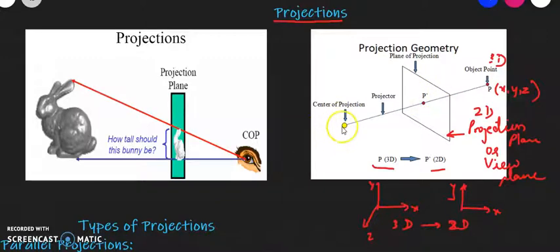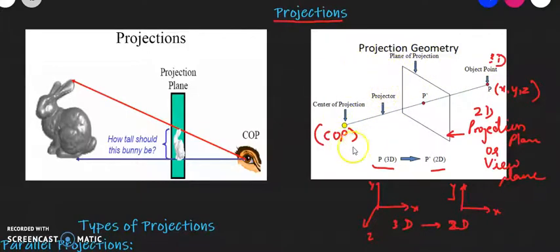Now, if I am looking at the object from this particular side, this point is called the center of projection. I can write it as COP. So COP is the center of projection from where I look towards the object. And now comes the projector. The projectors are the lines drawn between the center of projection and the object. We don't actually draw them, these are just illustrative lines that are assumed. If I look from the center of projection towards this point, the direction ray that is formed is called the projector.